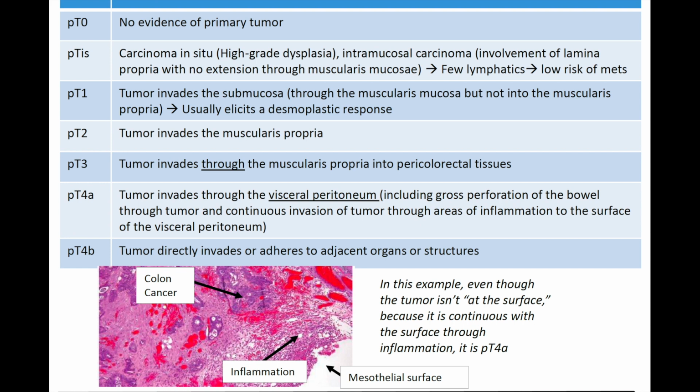So a pTis, or at least intramucosal carcinoma, is less worrisome because our lymphatics and our vessels are in the submucosa. So once it gets to pT1, the tumor has invaded the submucosa, and at that point there's a higher risk of metastasis based on the histology and just the presence of lymphatics and vessels in the submucosa. pT2 is when the tumor invades the muscularis propria. pT3 is when the tumor invades through the muscularis propria into the pericolorectal tissues, and pT4a is when the tumor